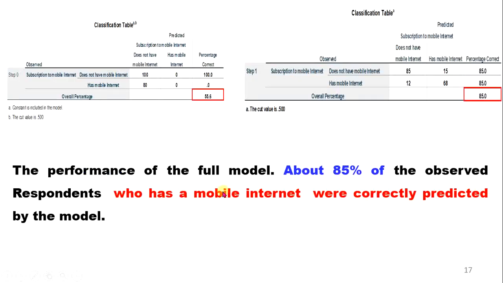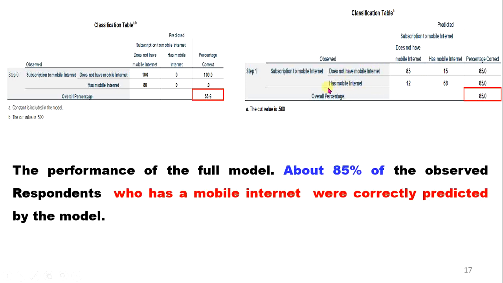ከዛ በኋላ የምናየው ሌላው ምንድነው? ይሄ ክላሲፊኬሽን ቴብል የስቴፕ 0 ነበር፣ ብሎክ 0 ያልነው ማለት ነው። ስለዚህ without the independent variables 55.6% ብቻ ነበር predict ያደርገው ያ ሞዴል። ይሄኛውን ግን የኢንዲፔንደንት ቫሪያብሎቹን ስናስገባ the performance of the full model is about 85% of the observed respondents who have a mobile internet were correctly predicted by the model ማለት ነው። አያችሁት ስለዚህ ይሄ subscription of the internet ነው: does not have a mobile internet, has mobile internet። ይሄ እንዴት ነው የተሰራው? 12 ሲደመር ይሄ ስንት ነው? 70 ነው። ኦኬ 68 ሲካፈል ለ70 ስንት ይሆናል? 85% correctly predicted ተደርጓል ማለት ነው።